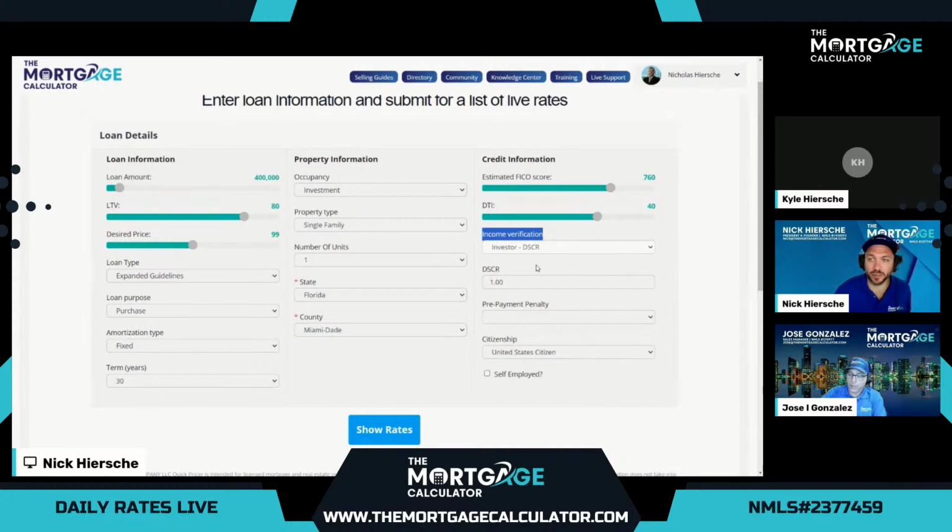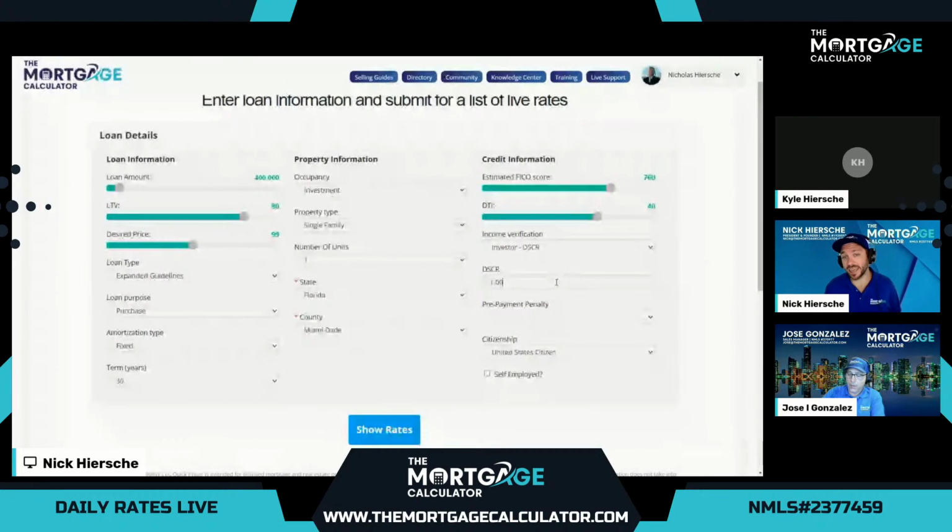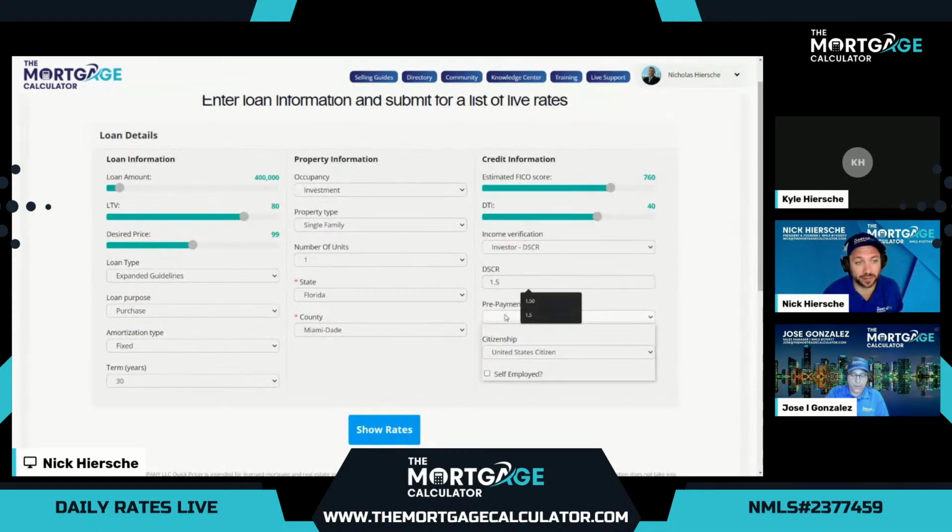We simply use the estimated rental income from the property we're purchasing in this example to determine a DSCR, which stands for debt service coverage ratio. If the estimated rents can cover the PITIA of the mortgage that we're proposing, that's a ratio of 1.00 or higher, aka in simple terms, the property cash flows on a monthly basis. If the property does not cash flow on a monthly basis, that is a ratio under 1.00, and we still have options for that. But for the demo today, we will always put 1.5, so that will show us all the different programs since that's the highest value we have.